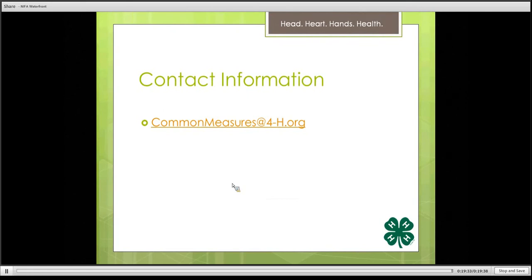This is an overview of the organizations and